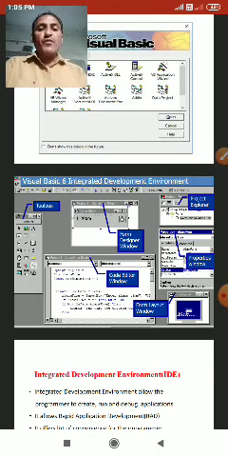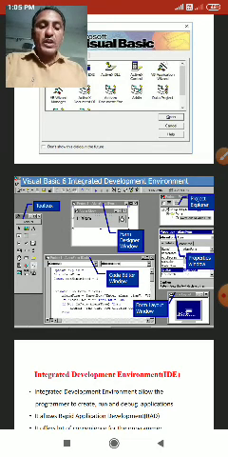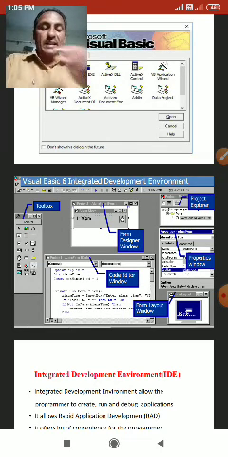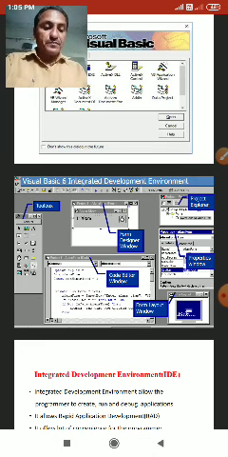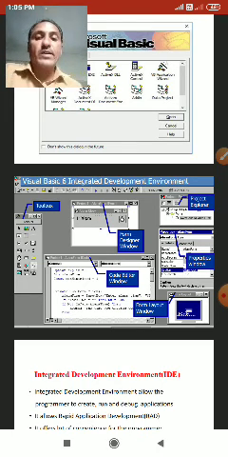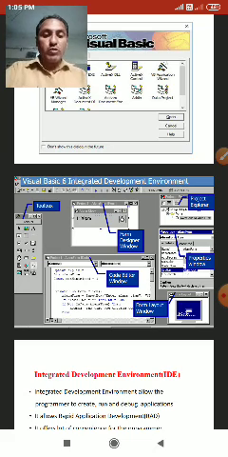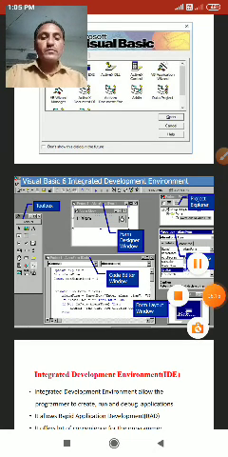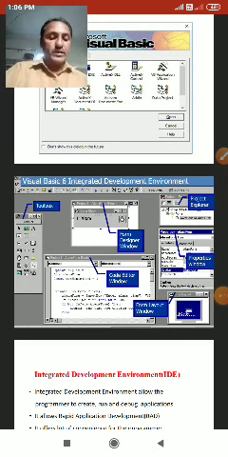There are various types of applications. There are so many types of applications that we could create. However, we shall create a standard EXE program, meaning executing tables.